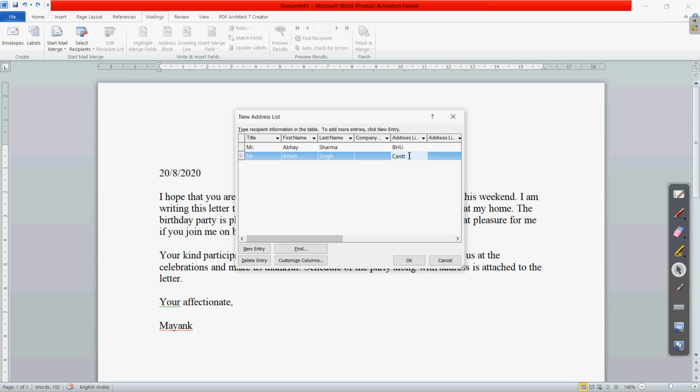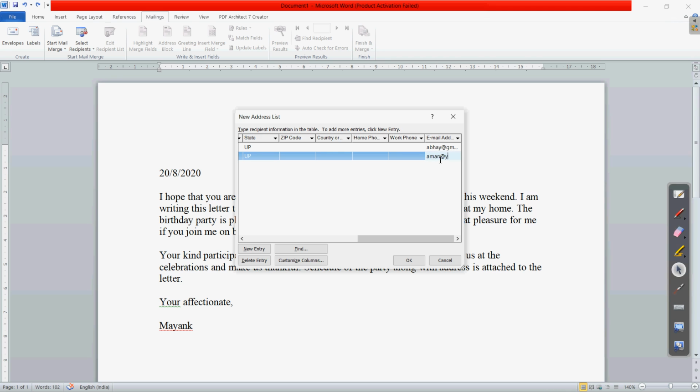Clear? So we are following the steps. It is not necessary to write all the details, only the essential or important things required to be included in your document. When you are writing this, along with the salutation we also write the address of that person, so we can include those things. We have written the city, then state, and whatever pin code you have, the country. Then here again the email address is required, so write the email address.